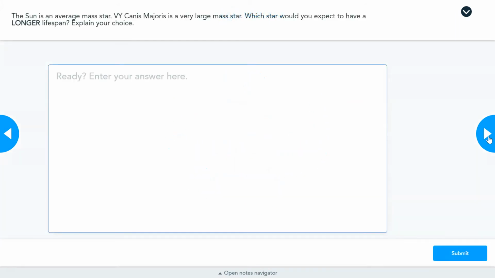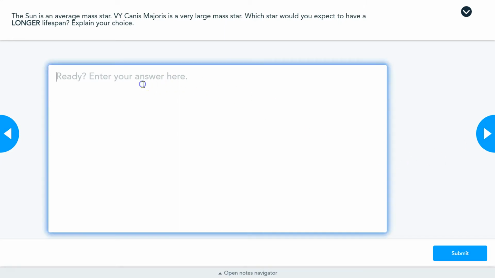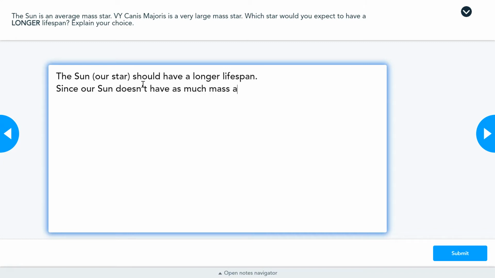The Sun is an average mass star. This is true. VY Canis Majoris is a very large mass star. Which star would you expect to have a longer lifespan? Explain your choice. So, the Sun, our star, should have a longer lifespan. Since our Sun doesn't have as much mass as VY Canis Majoris, it has less pressure in its core and less gravity and less temperature